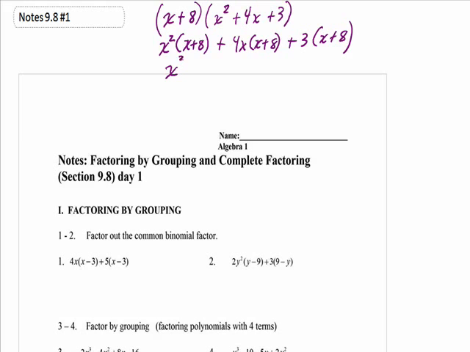And get what? x to the third, 8x, 4x squared, 32x, 3x, and 24. If you combine your like terms, you would get the same answer as if you did the 2 by 3 boxes or doing the distributing the x and then distributing the 8 separately. So this is just another method to do that. So now I'm just going to highlight this level of the work